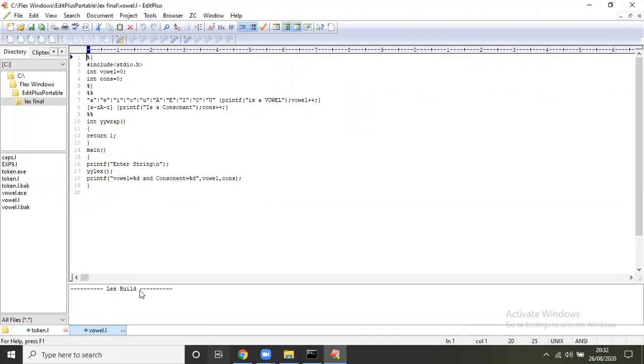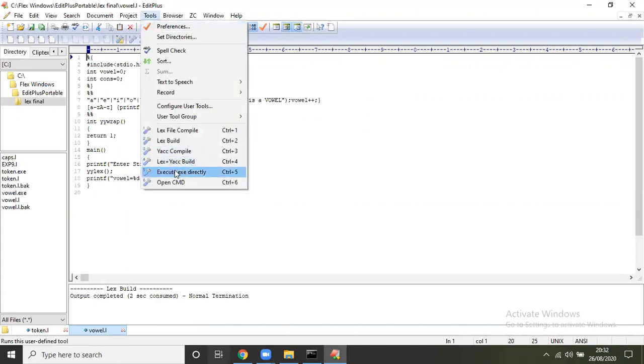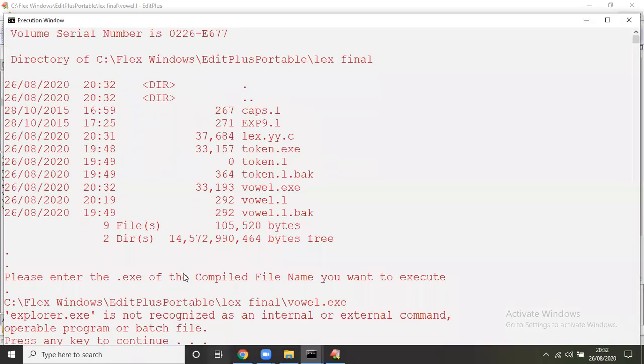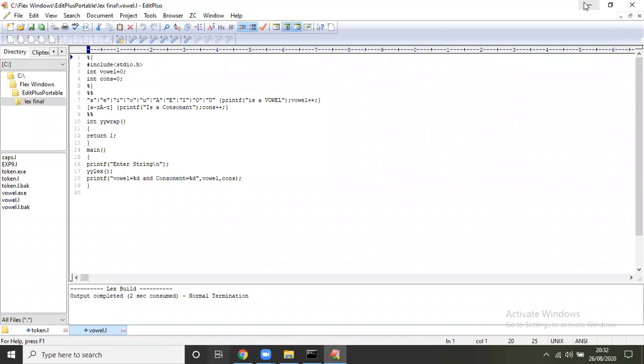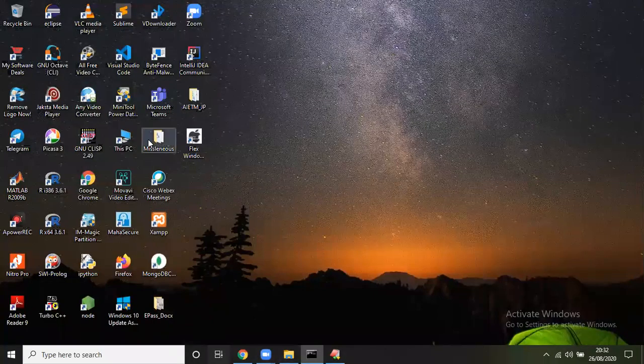Once we run the Lex Build, it takes 2 seconds, and there is a normal termination. Finally, we directly execute this, and we press the key, and the application file will be there.